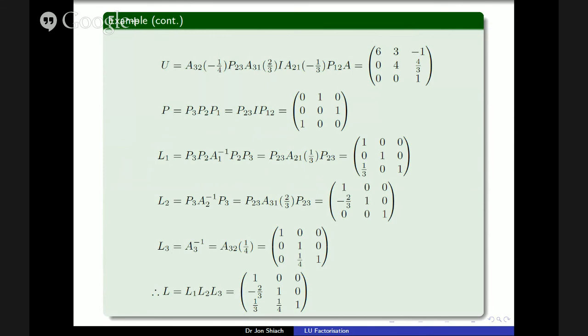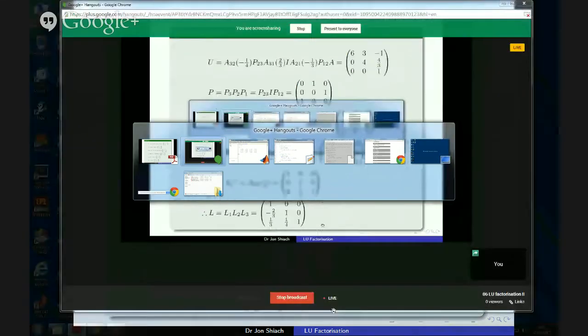We're going to have a look at the worked example next time we meet in a couple of weeks' time, and we'll go through that. When you do LU factorisation, LU is now going to